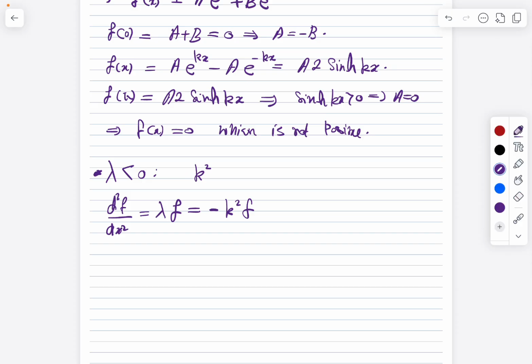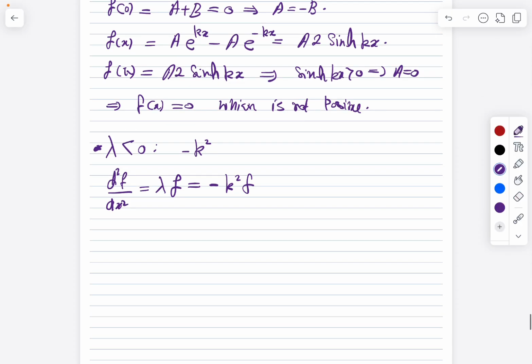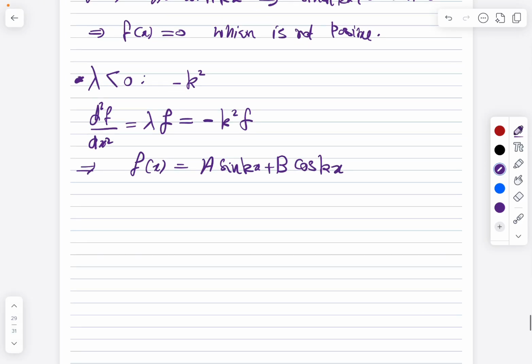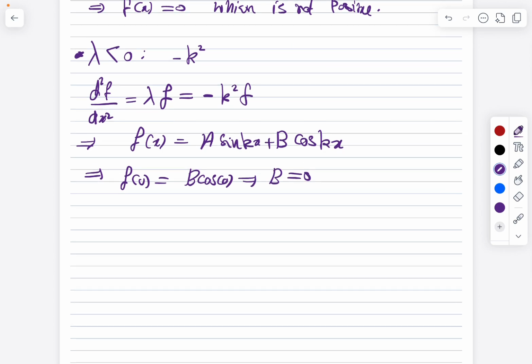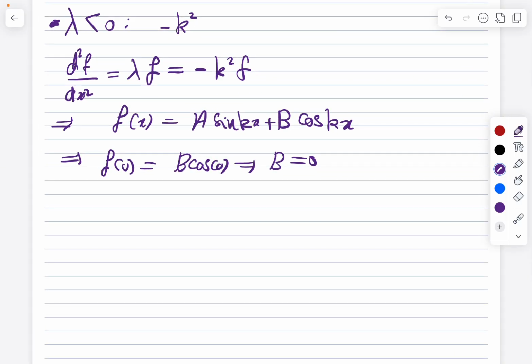But we know the solution of this, which is f of x equals a sine kx plus b cosine kx. If we apply the condition at 0, we'll have b cosine 0, which means that b is equal to 0. I'm doing it fast because I believe we are already familiar with it from the infinite square well that we met in chapter 2. And at f equals pi, we have a sine k pi equal to 0,